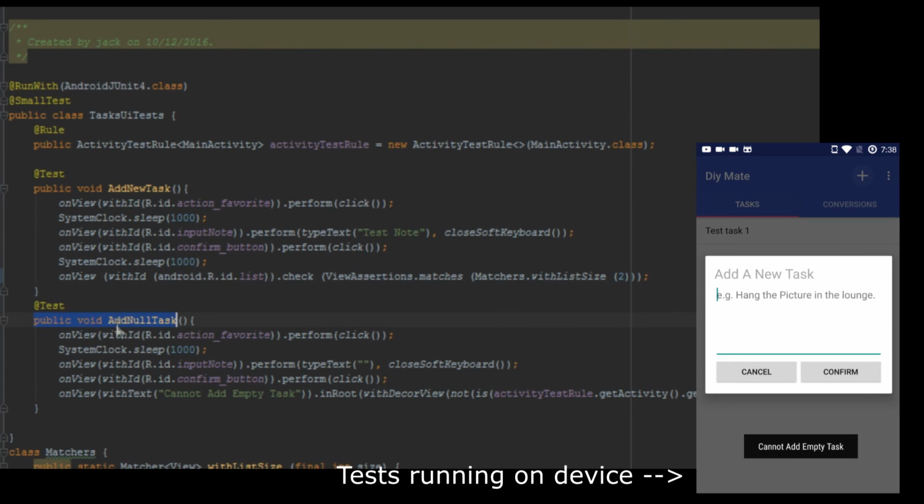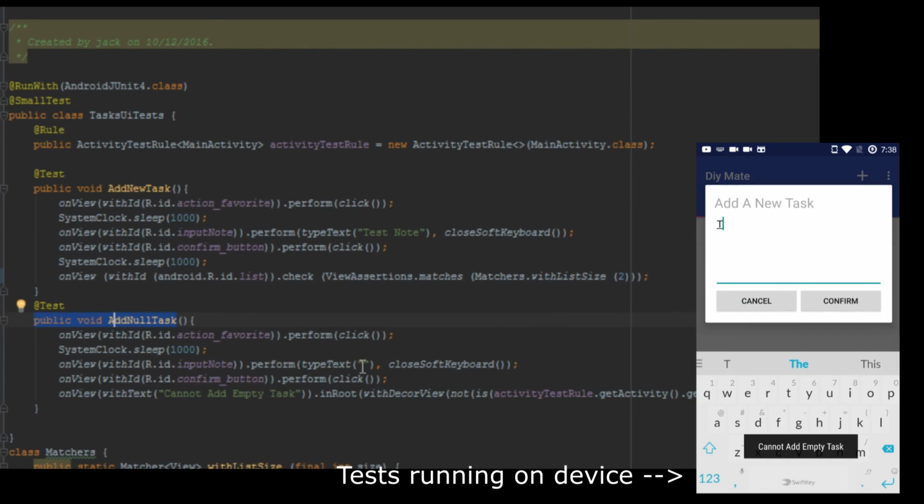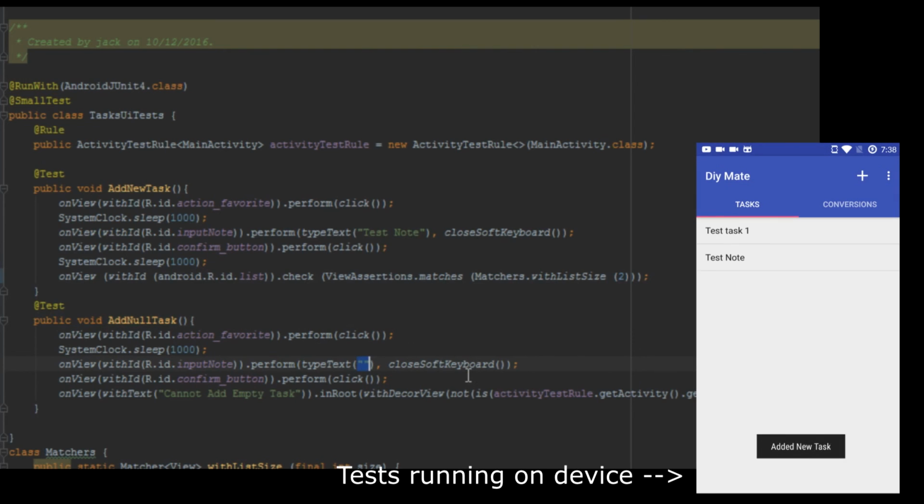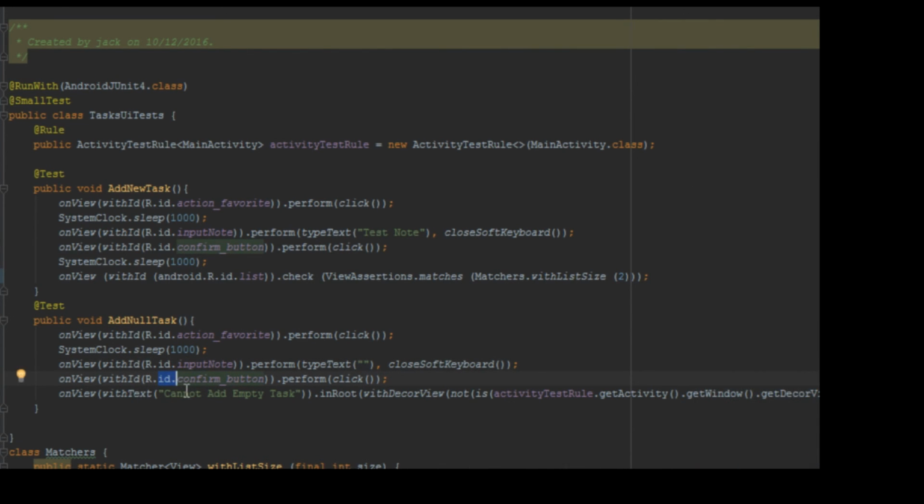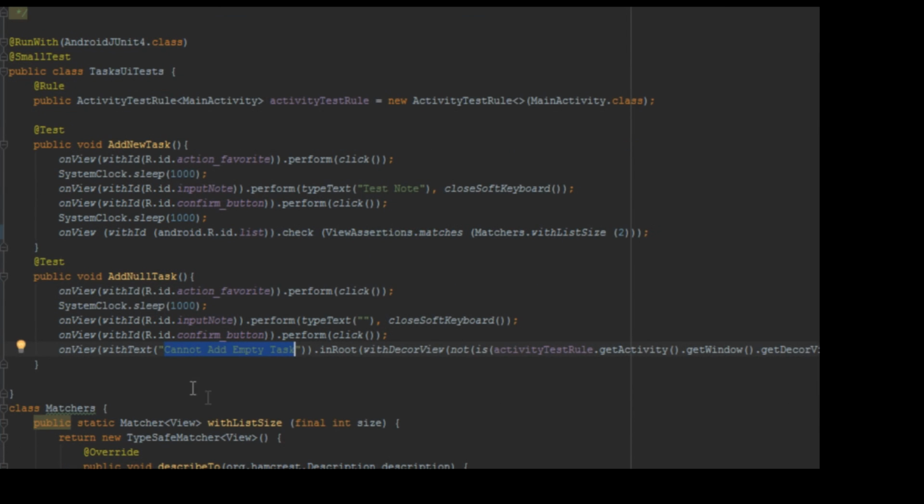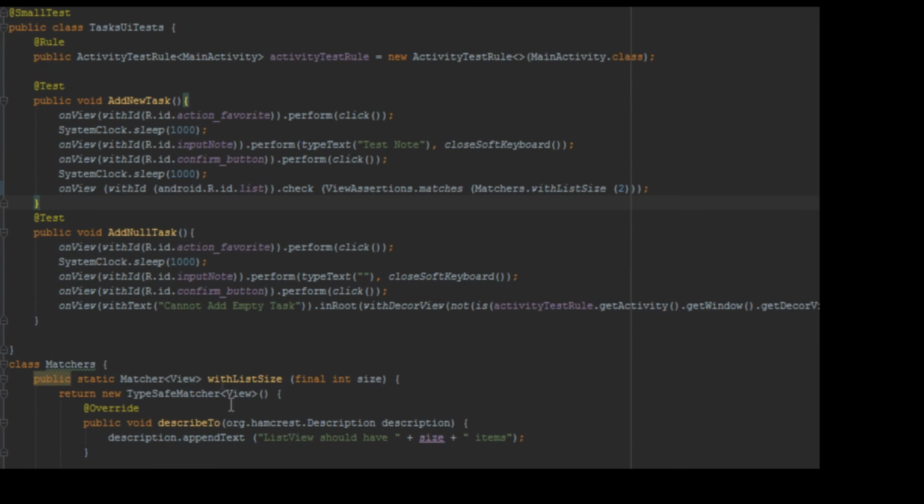For the adding a null task, it does the same thing, however, it doesn't add any string into the keyboard. It then clicks the confirm button, and then it confirms that the toast of cannot add empty task is displayed properly. To get the length of the list, it uses a matcher as